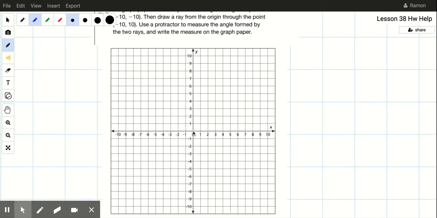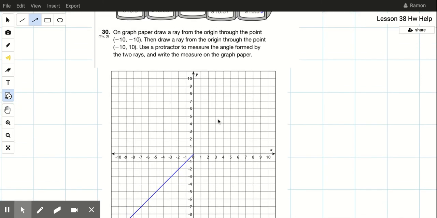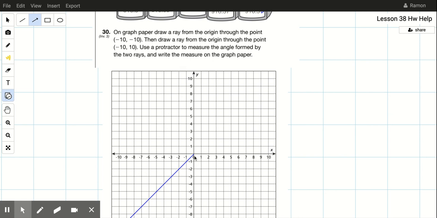So we have -10 and -10. We're going to put a coordinate point right there. And then drawing a ray means that it goes on forever in one direction with one endpoint. So we start at 0, 0, and then we go to -10, -10. Great. And then draw a ray from the origin through the point -10, 10. So -10 on the x, but in this instance, we're going to go in the opposite direction from the other one. So we find ourselves in the 2nd quadrant,